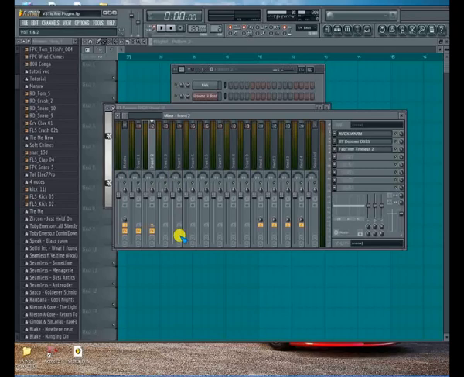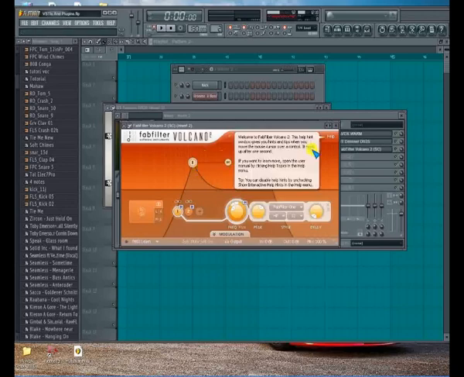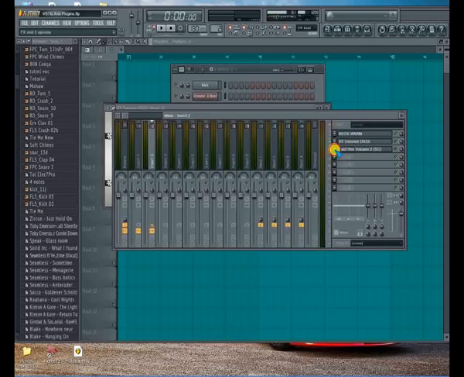Let's shift a bit and go to other plugins. Yes, there is also what you call Fab Filter Volcano, and this can even be used for side chaining. But that is also, I have talked about the Fab Filter product. Alright, let's look at